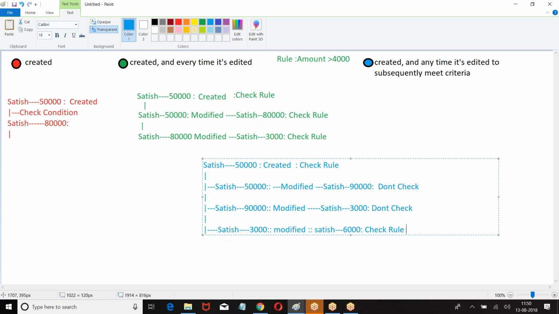If the record is already meeting the criteria, if you modify, don't check. If the record is not meeting the criteria, if I modify, check it. I hope you got my point.